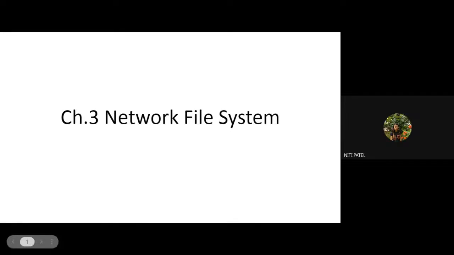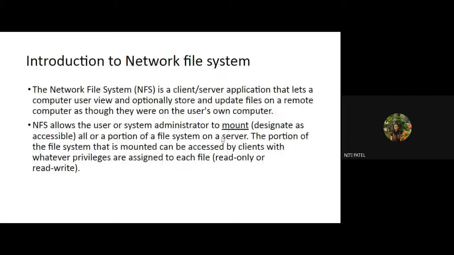Network file system. In that we had studied what exactly a network file system is. If there are two computers, where one is acting as client and one is acting as server, and we want them both to communicate with each other and to share data as well, we call it a network file system. The client machine sends a request to the server machine to which it is connected, and then it also shares some data which can be communicated later to the other computers over the network.